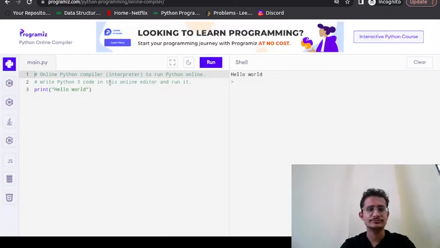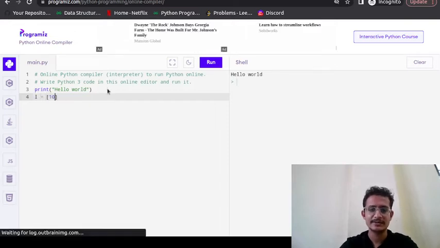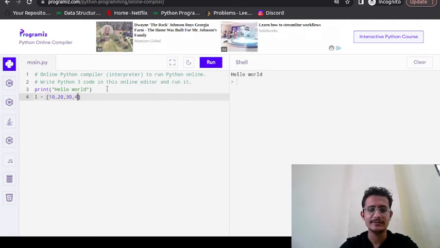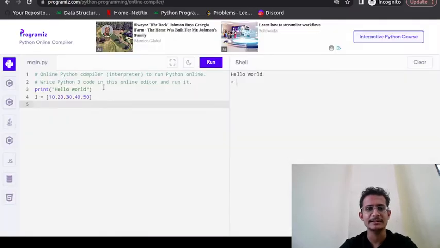Perfect. So initially hello world is written, so what I will do here is make a list with the elements 10, 20, 30, 40 and 50. And we have seen the syntax, it is L of start, stop and step. So I will print L of from which index I want to start.